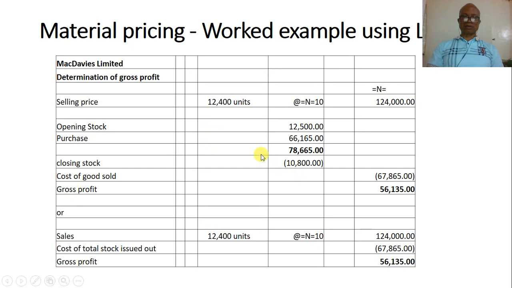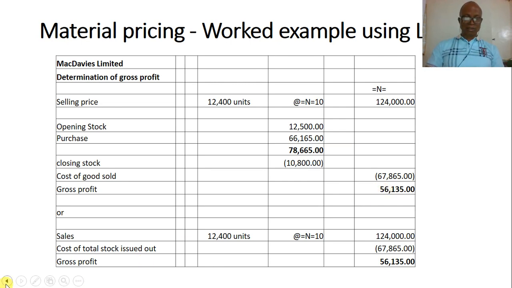Now let's look at the determination of our gross profits. As usual, you have your total number of goods sold. That's units that you sold. And what you have there, you have 12,000 units multiplied by 10 naira, and then that's 124. Opening stock removal giving 12,500. Purchases same thing, 6,165, and then the closing stock is different from that of FIFO, and that's where we're having a difference. This one now is resulting into a gross profit of